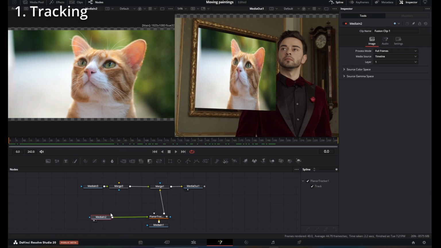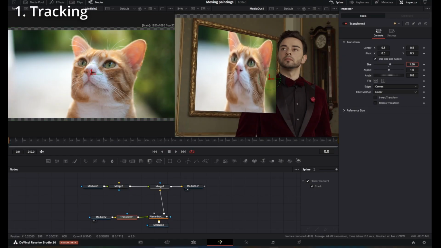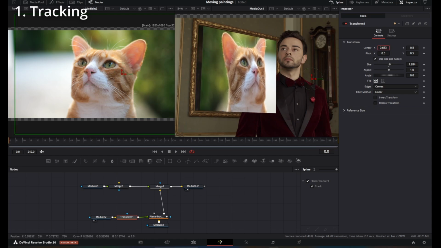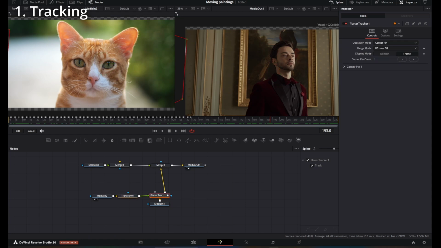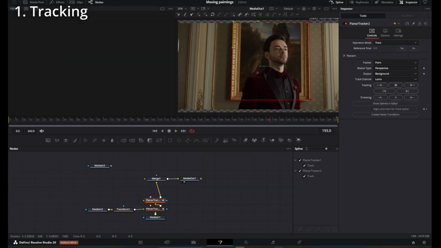To change the zoom or position of your video, add the transform node and adjust the parameters until you get something you like. As long as you add the transform before the Planar Tracker, the video stays inside the frame and you can do whatever you want. You'll need to repeat this process for all the paintings, so I'll need another Planar Tracker to track the second